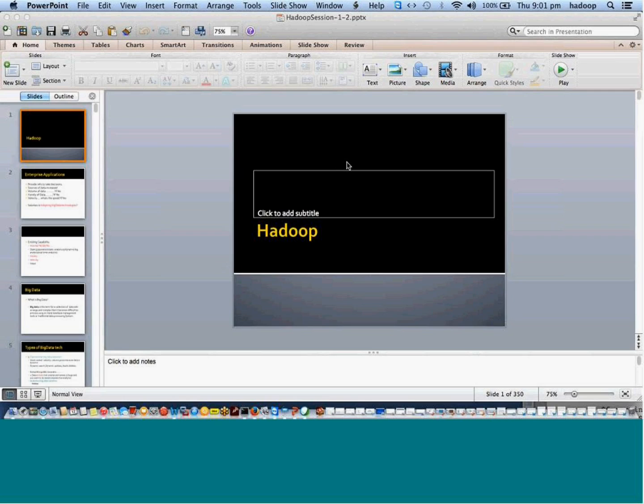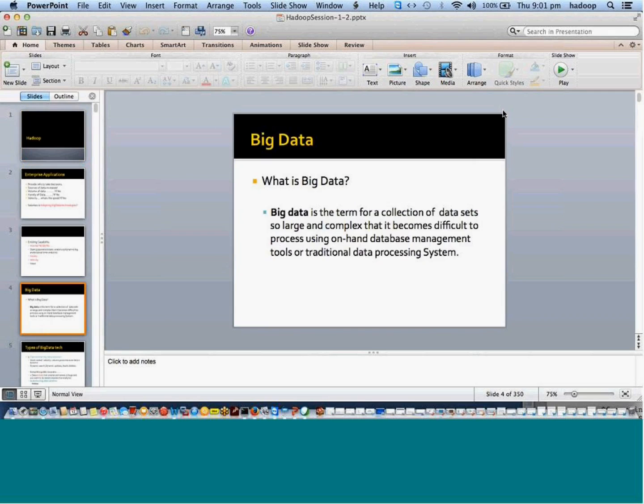And one of the analyses that you will do will be to understand the dimension of data which is coming inside your system. Right? So in short, I can define big data as a collection of data sets which is large enough to start creating problems in your existing